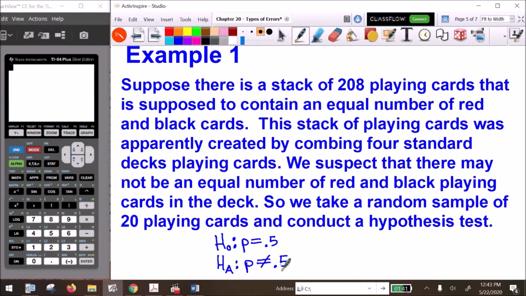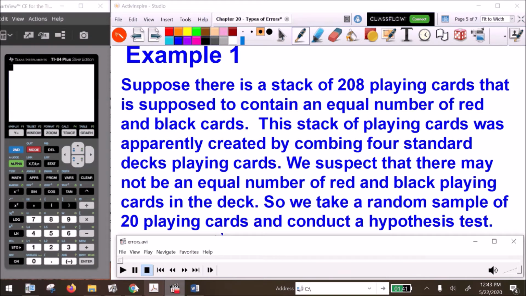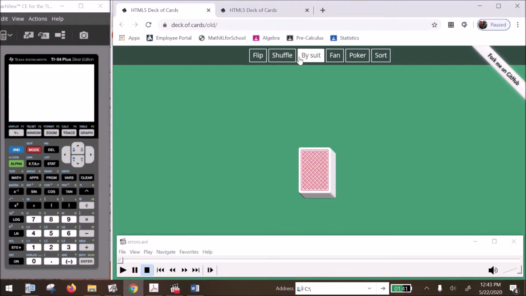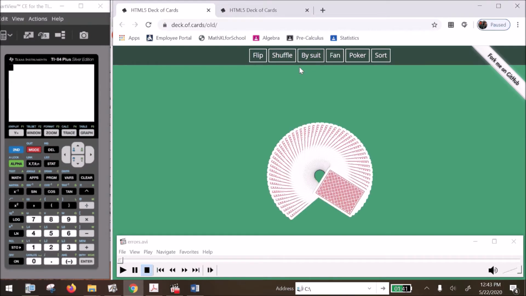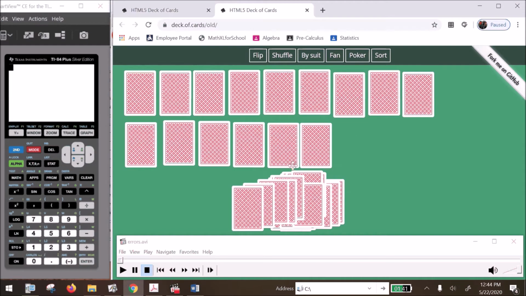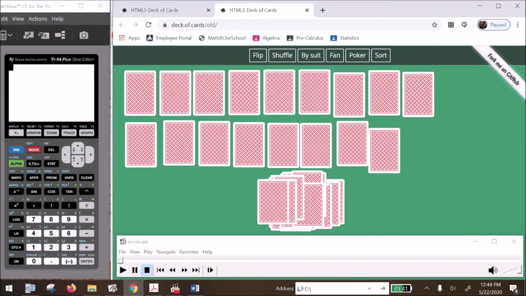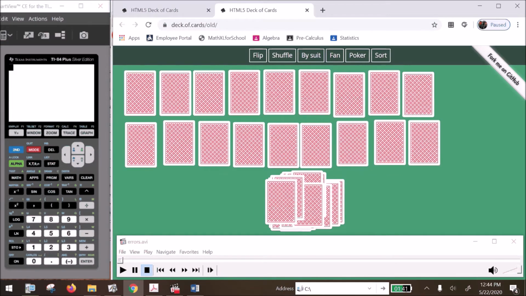So here is my interactive deck of cards. You can see here, you could shuffle this deck of cards. There's all types of cards in there. I'm going to flip them over. Alright, so I have it here. I started dealing out my deck of cards already. I need to deal out a few more. Here we go. Now we have 20 cards dealt from 208,